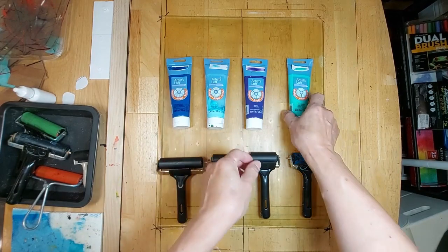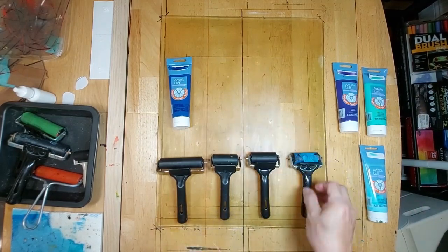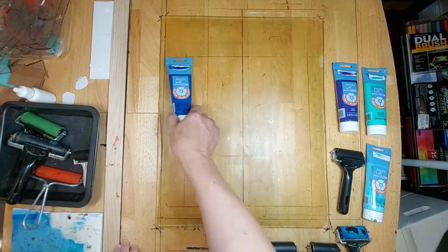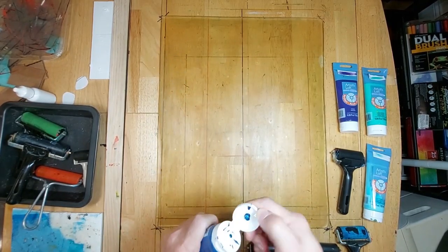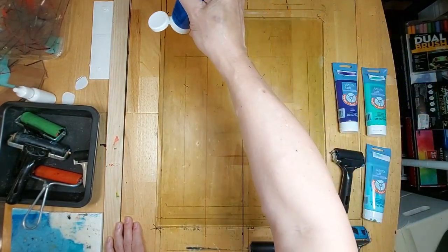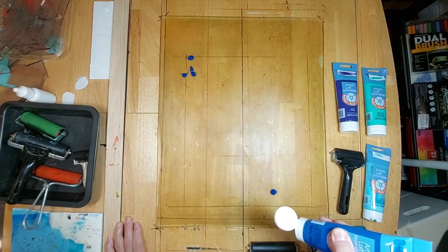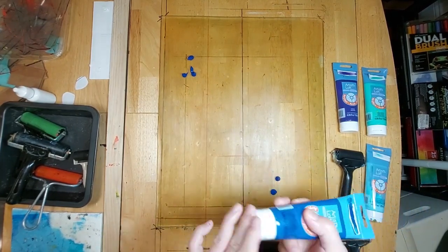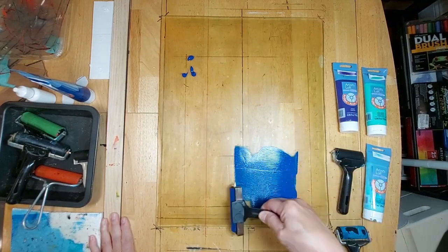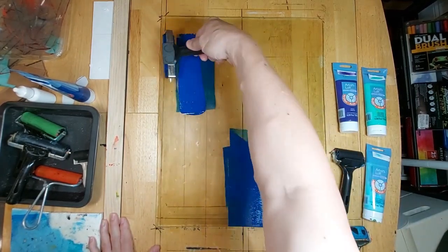So I will start with the darkest one, which is phthalo blue, and also my most favorite color. I think it's okay to play favorites when you're an artist. So I'm gonna do this zone here, phthalo blue. So I'm dividing this into zones. They won't be very exact, but